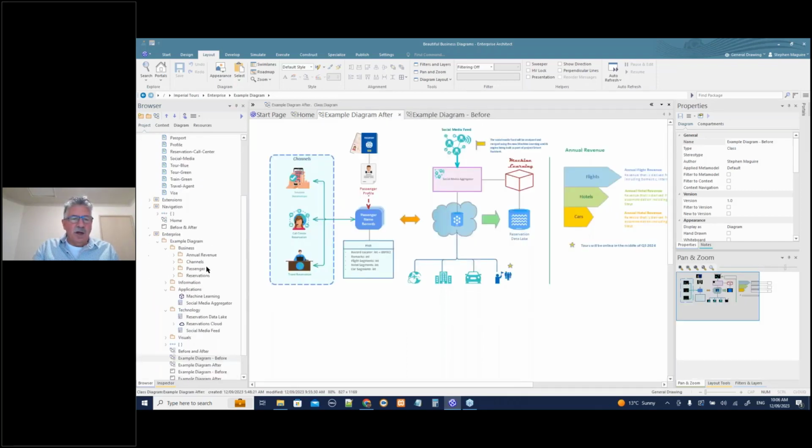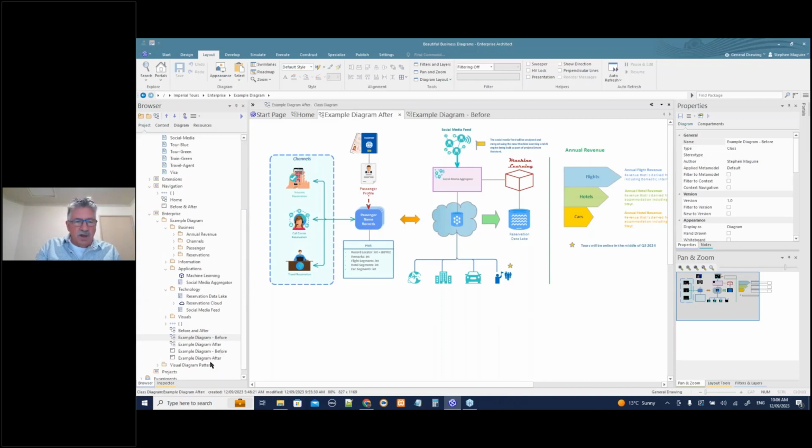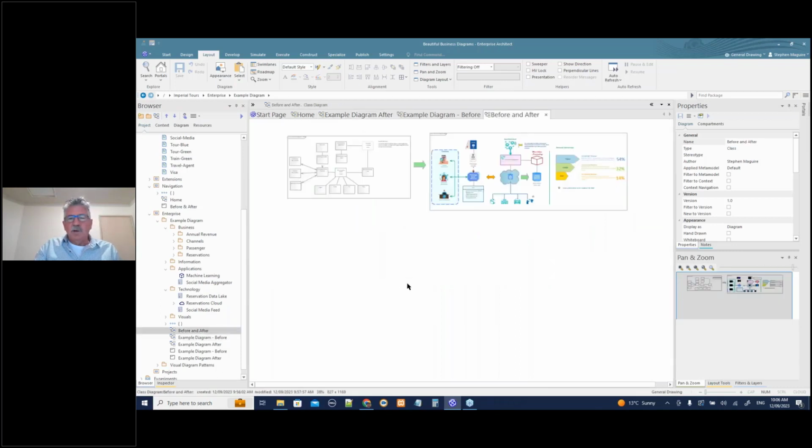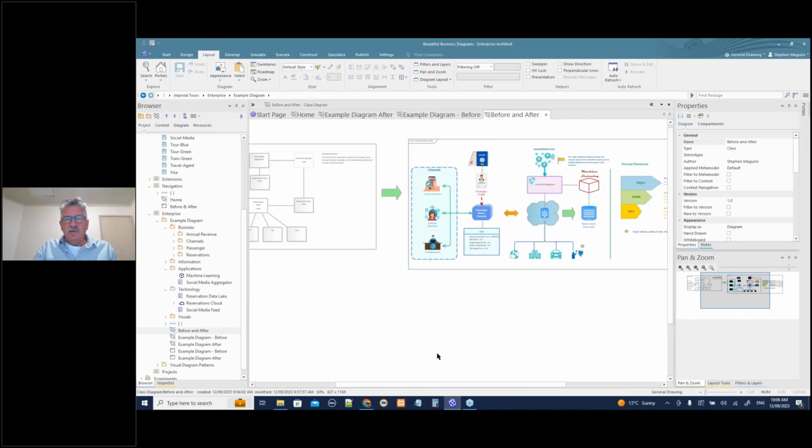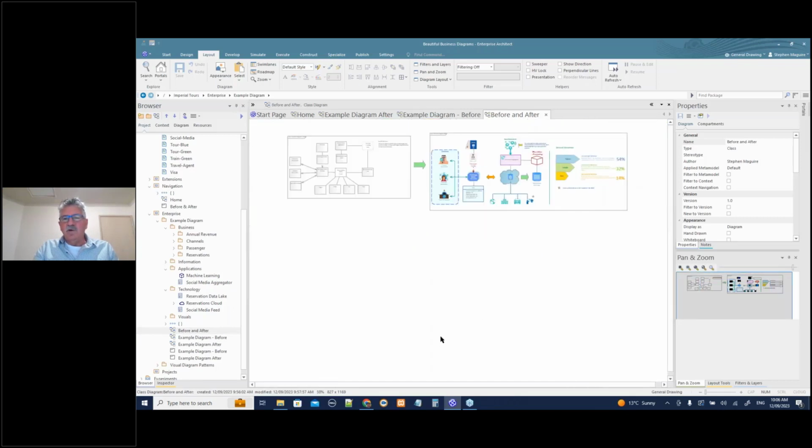So if we look at those two together, a before and after view, you can see how appealing that diagram is, right? It's much more appealing than the previous diagram. So how did I do this? As I said, I'm not going to take you through a step-by-step explanation of this diagram. What I thought was much more instructive is for me to take you through a series of what I call visual patterns. So everything on this diagram, I'm going to show you how to do using some generic